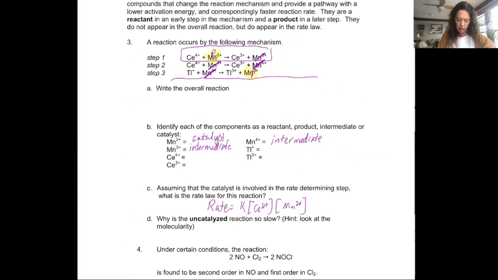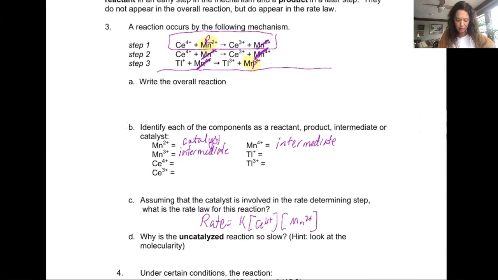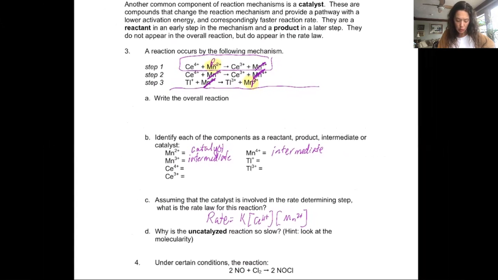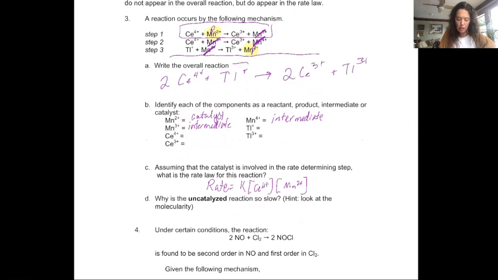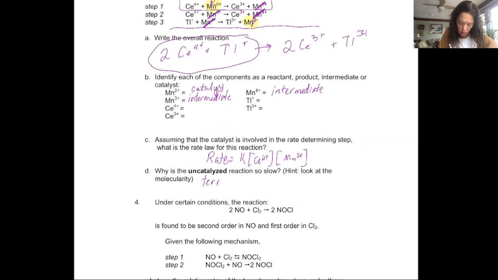Why is the uncatalyzed reaction so slow? What is the overall reaction? Ce4+ plus Tl+ yields 2 Ce3+ plus Tl3+. Well, it is trimolecular or termolecular, right? Therefore, and I'm not going to write this, there's a lot of stuff that has to happen for that step